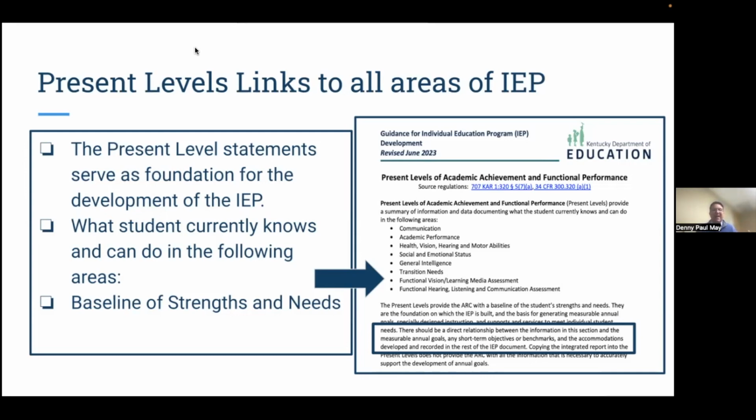Let's say a MAP score or a Wyatt score gives us an area the student is deficient in, reading comprehension. It's not enough just to say the student is deficient in reading comprehension, although we may say that, but we need to drill down to exactly what one of those 5 areas is making the biggest impact. Is it phonemic awareness? Is it the use of phonics? Is it fluency?